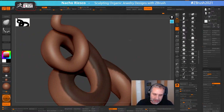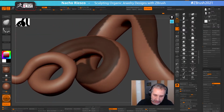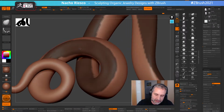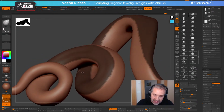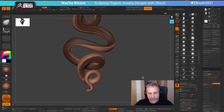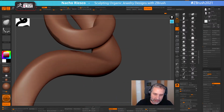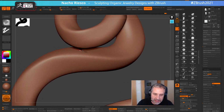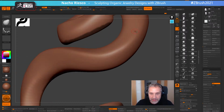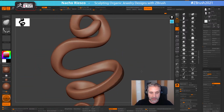But if you try to create a nice snake with a beautiful scales pattern in a ring, pendant, whatever, they are always tricky to make. And here I am trying to show you not the easiest way to do the thing, because at the end of the process it works,